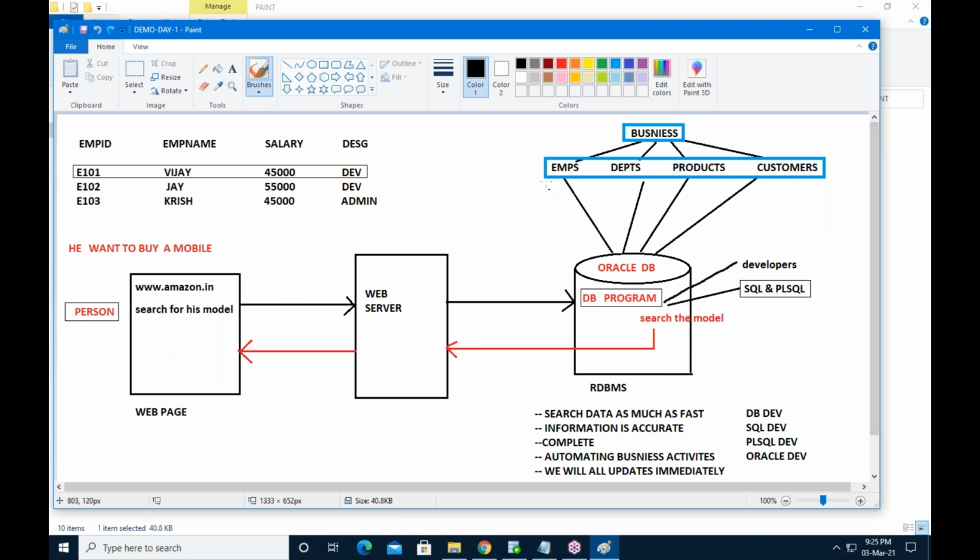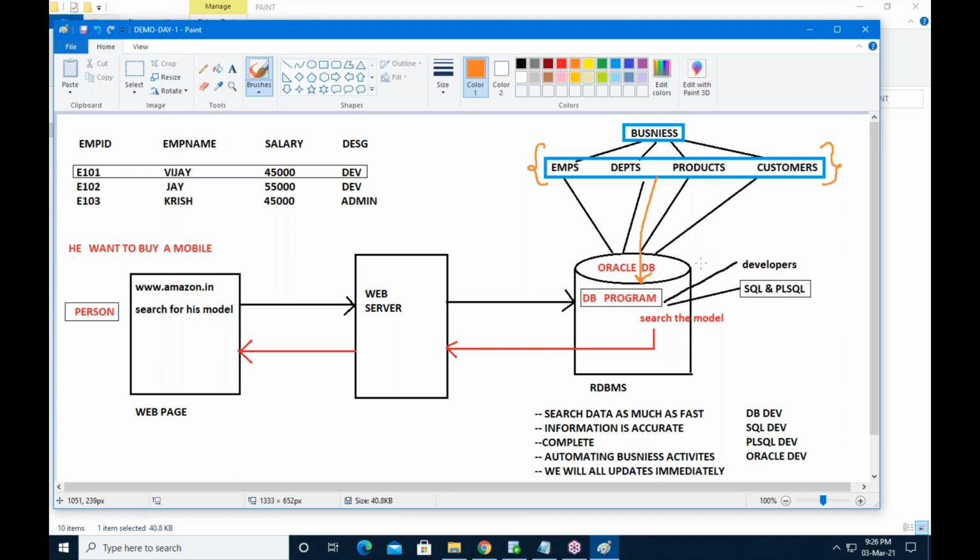From each object, the data or information will be generated. These are called objects or entities in the business. From here, the data will be generated and saved under the database, stored under RDBMS in the form of tables.